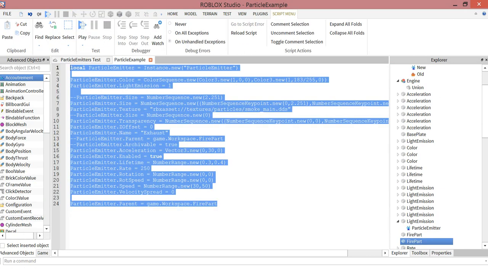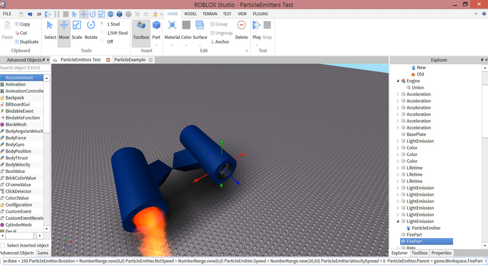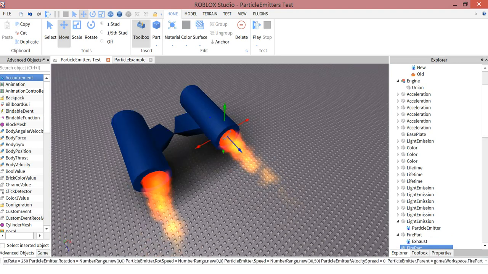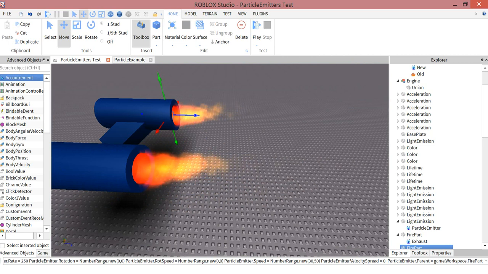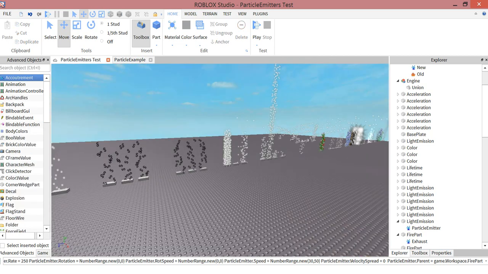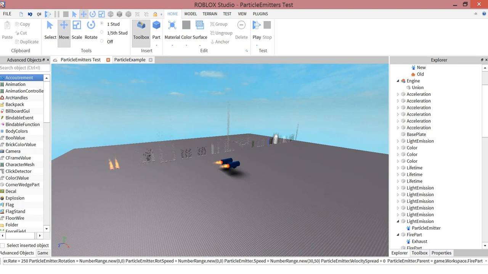Then you would take this code, either run it in game or run it in your command bar, and poof, you got what you want. And as you can see, it is exactly the same thing as before. So this place will be copy locked for viewing, and that is basically it for